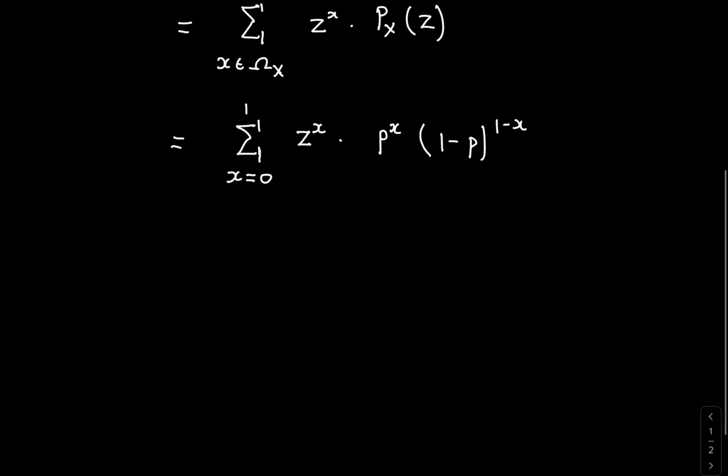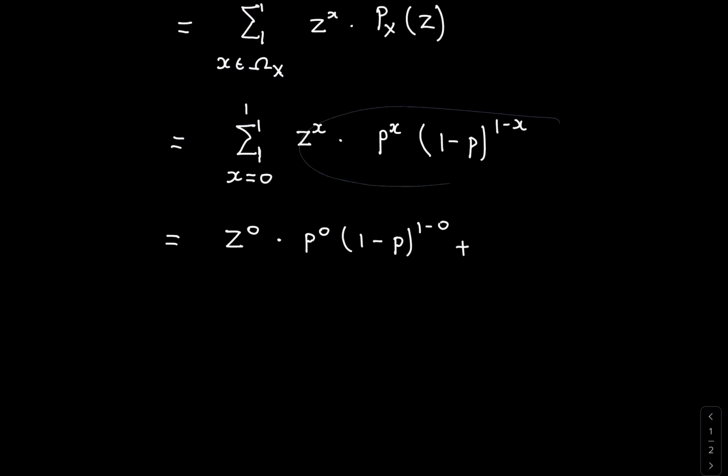Okay, so now we're going to substitute in our values of x, namely x equals 0 and x equals 1, into this expression. First, 0 becomes z to the 0 multiplied by p to the 0, (1 minus p) to the 1 minus 0. Now we're going to substitute in x equals 1 into the expression. So what we have now is z to the 1 times p to the 1, (1 minus p) to the